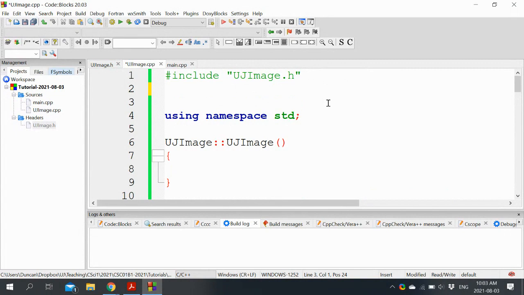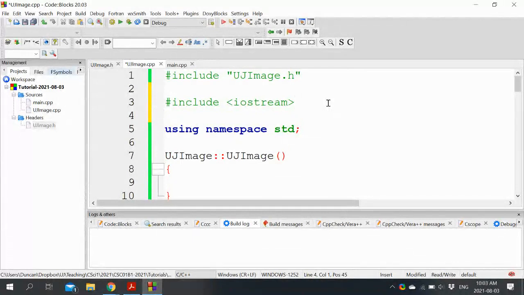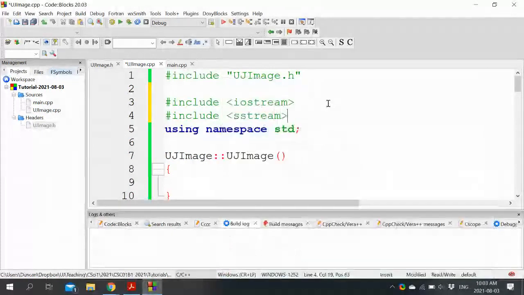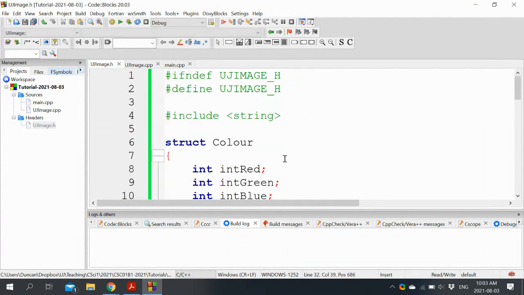So things we might wind up using, we're going to output, so iostream. I believe at some point we'll probably need to do some conversion. Probably need to add a function for that. We got our string stream. And for now, that's all I can think of. I guess maybe assertions if we wanted to be extra safe, but even then we might not really need to.